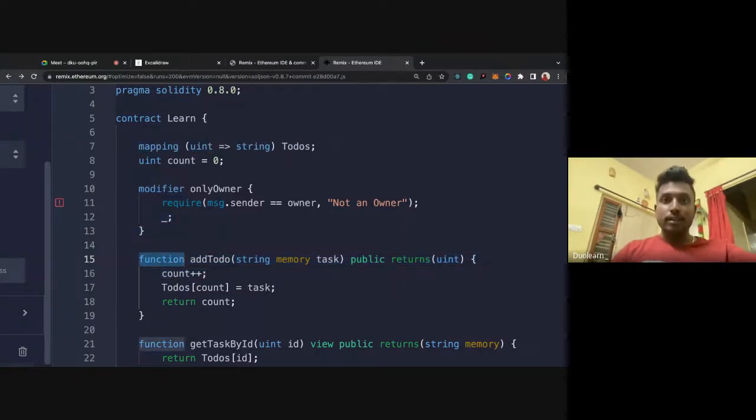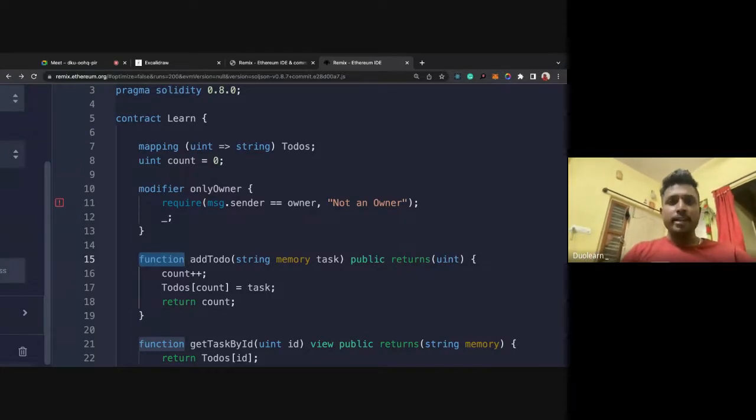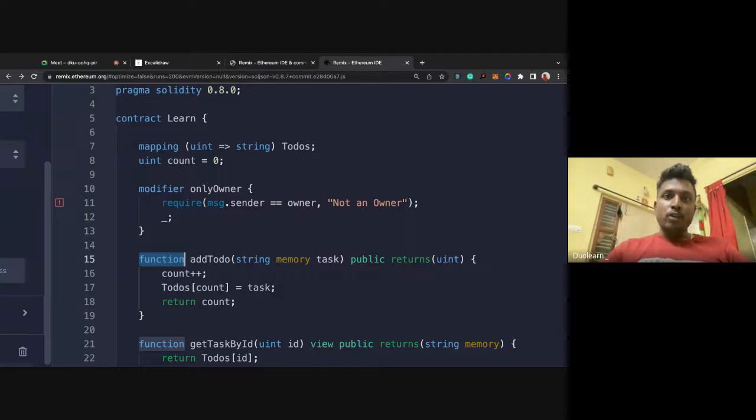It's like a middleware. Remember in Express, you have this middleware, right? Not only Express, in many backends you have this middleware that does something before calling the main function. That's what this modifier does. It will take care of all the jobs that you provide here before calling the main function. So here we're checking whether the